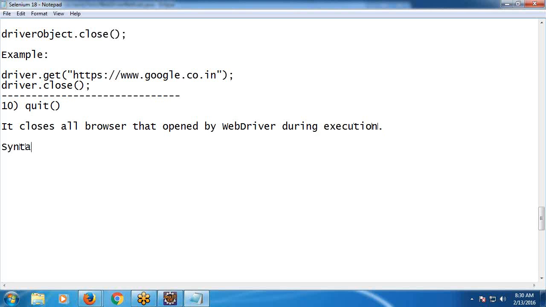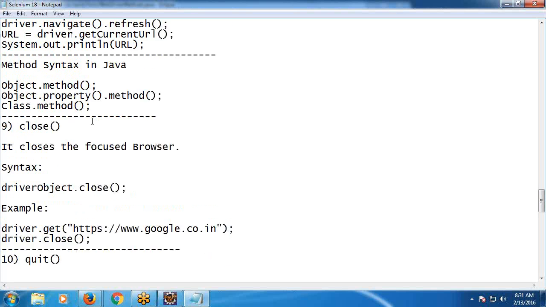Syntax: driver object dot quit, sorry, quit, not close. Okay. Quit. Earlier, I think Kamala asked, here in this scenario,